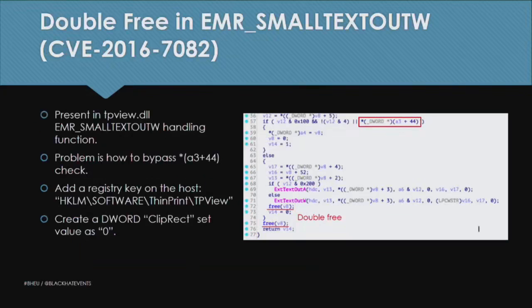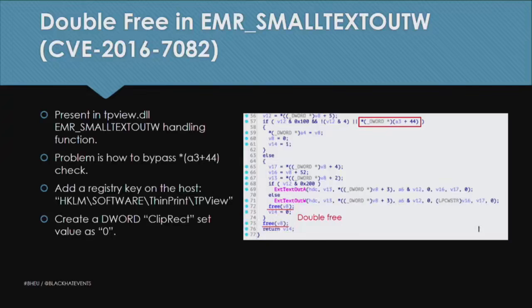Next, we will show you the details of these three CVEs and their patch codes for case studies. The first one I want to show you is CVE-2016-7082. It's a double-free vulnerability in the tpview.dll EMR small text out W record handling function. In this function, after some record data is parsed, the function tries to text out the text in the EMR small text